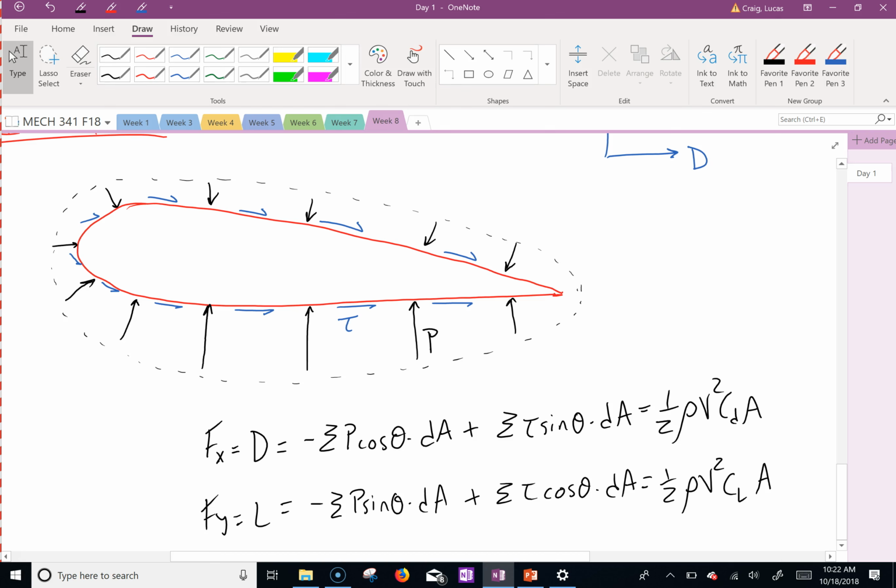So we would probably do the top for lift because of our wind tunnel, and the very back for drag. If we can measure forces this way, we can figure out how to do this. As long as you understand how to do that, that's actually the best thing for you. All right, making good progress.